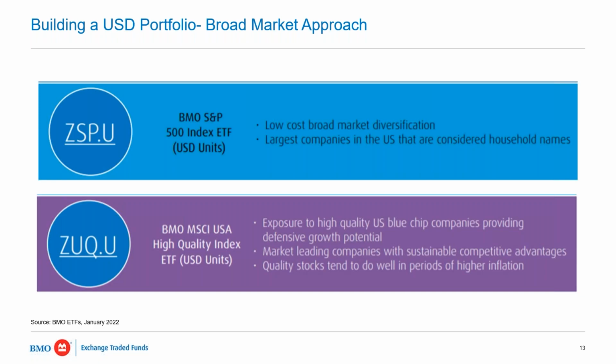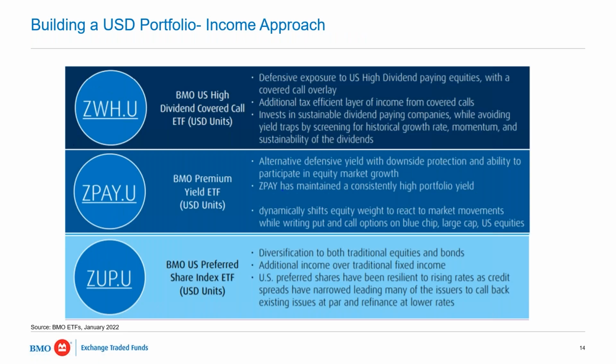So both are really solid ETFs for getting exposure to broad equities through US dollar listed ETFs. And then the other side of the coin here, you provided us with some great ideas for that income approach. And this might resonate more with those investors who have expenses in the US and want to match their cash flows from these ETFs to their expenses, because a reminder, the cash flows are all paid out in US dollars. What can you say about these 3 tickers here on the screen, Chris?